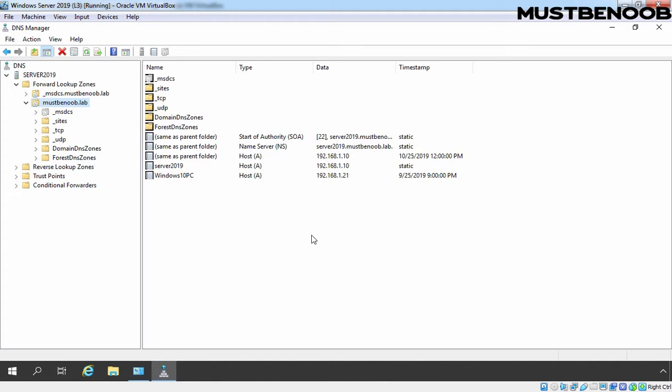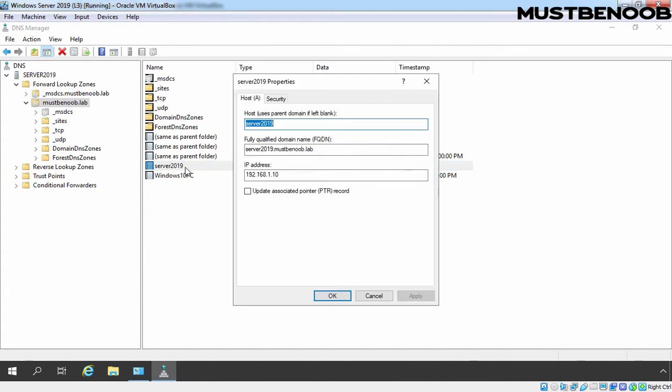The most common resource records found in a DNS are the host records. A host record maps a domain name or host name to an IP address. We have an existing host record available under our DNS zone. This is the host record of our local server, that is Server 2019.